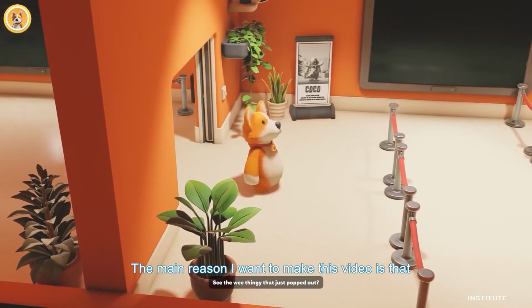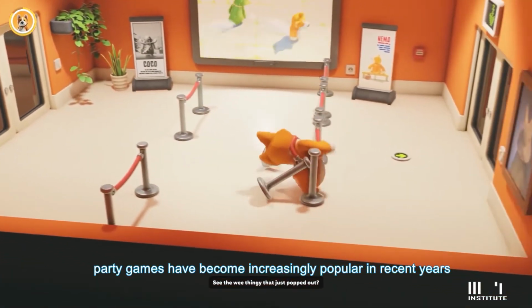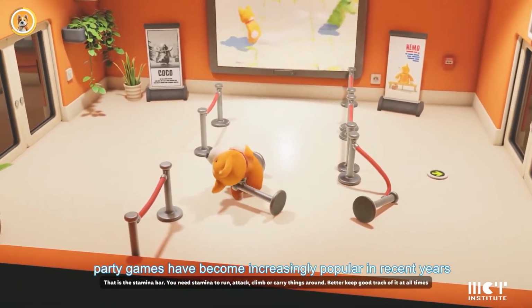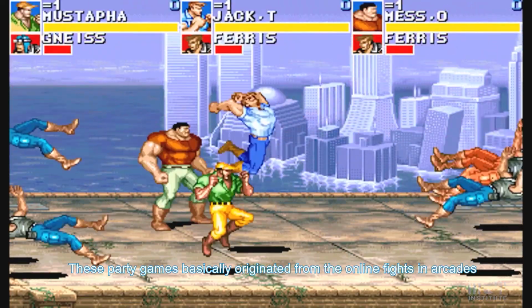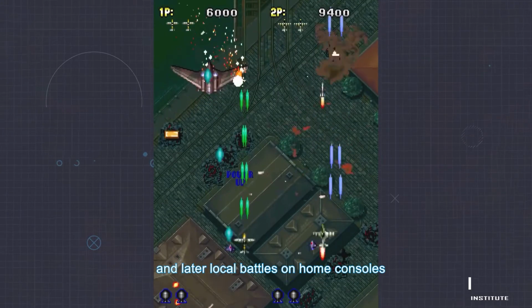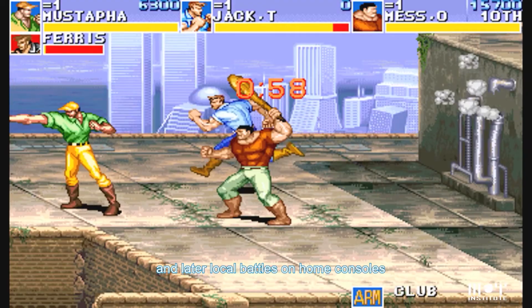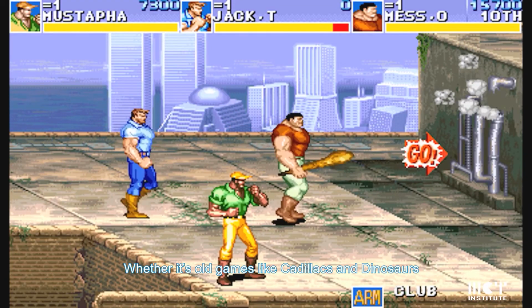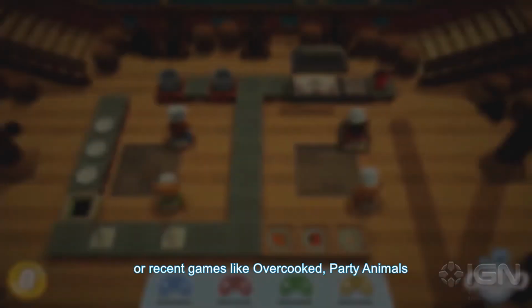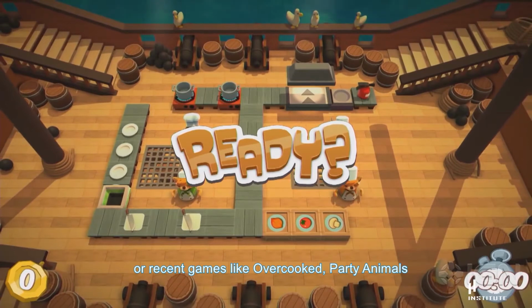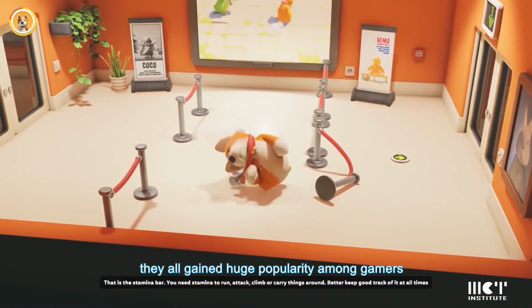The main reason I want to make this video is that party games have become increasingly popular in recent years. These party games basically originated from online fights in arcades and later local battles on home consoles. Whether it's old games like Catalyst and Dinosaurs, or recent games like Overcooked and Party Animals, they all gain huge popularity